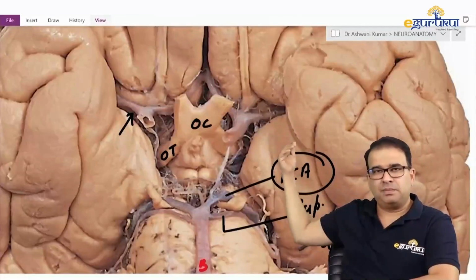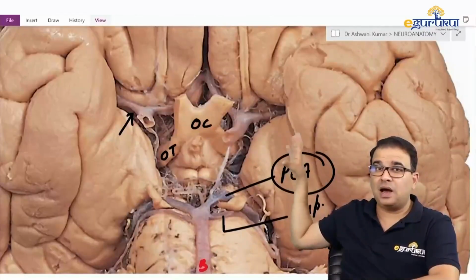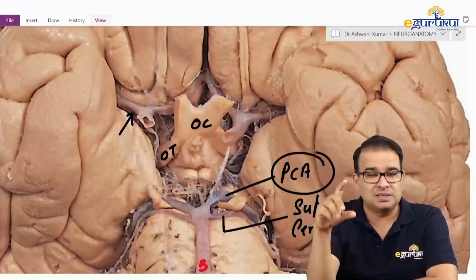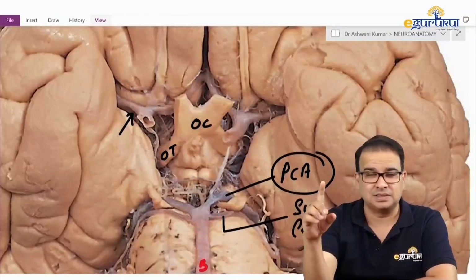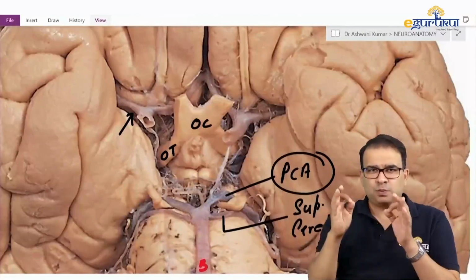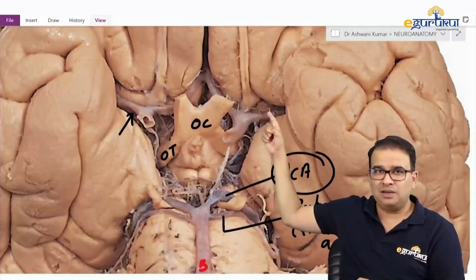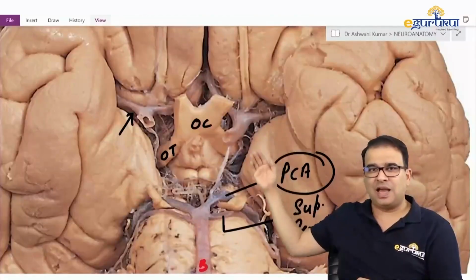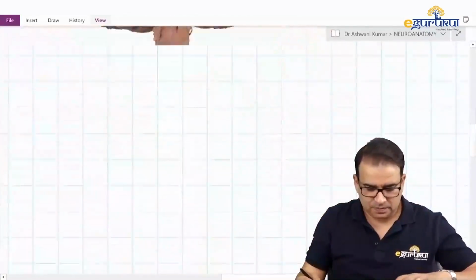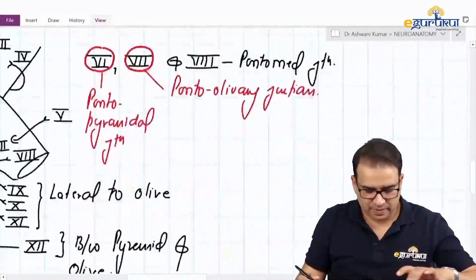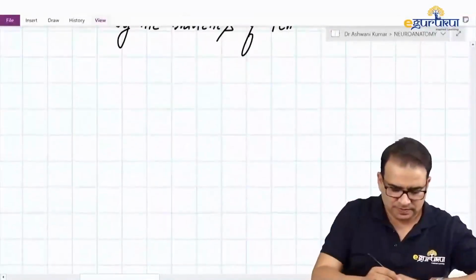And more behind that, or posterior to that, we have a part of the cerebrum called uncus. If you remember, uncus was forming the lateral relation of cavernous sinus, the same uncus. So if the question is precisely about the lateral relation, your best answer is limen insulae, and more posterior laterally we have uncus present there. So if I write the relations of anterior perforating substance,